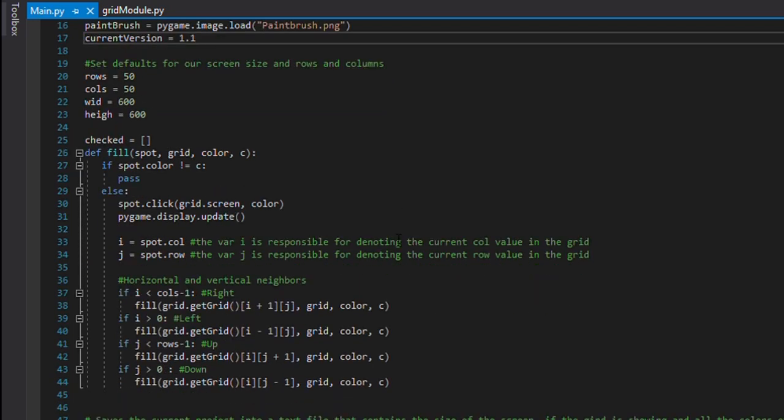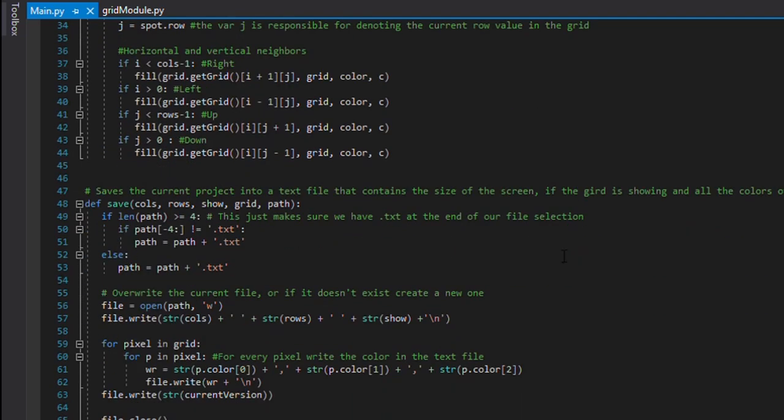So first of all, let's define the fill function. What the fill function will do is fill the color in the grid. As you can see, using simple code, we will just fill the color, and we have to keep in mind that we have to update our display after each operation is performed. So what we'll do is use the color that the user has selected, and using these indexes and the neighbors, we will simply change the color of the pixels to the new color the user has selected.